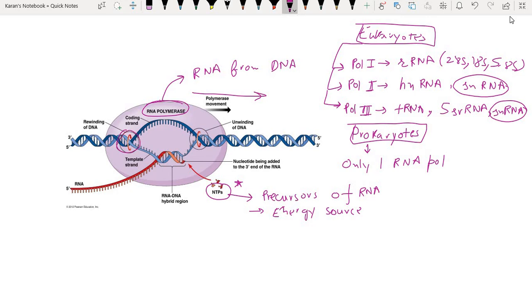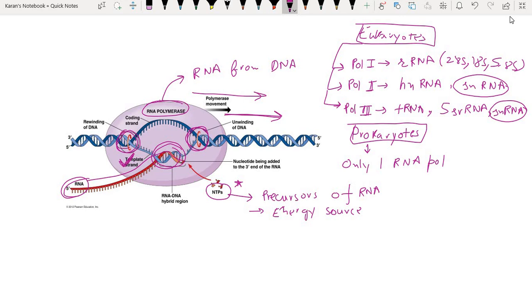there is rewinding of DNA. Actually initially there occurs unwinding of DNA because RNA polymerase is moving in this direction from left to right. So here unwinding of DNA occurs, and it forms a bubble, or you can say a transcription bubble has been formed, and one of the strands, generally the template strand, is the one which is being coded and which forms the RNA. So you can see the strand of RNA which is getting synthesized from 5' to 3' direction, and here you can see the DNA-RNA hybrid region where this shows that RNA is being formed after adding the complementary bases by using the template strand.